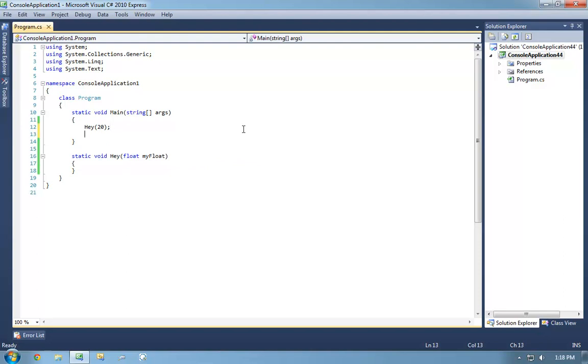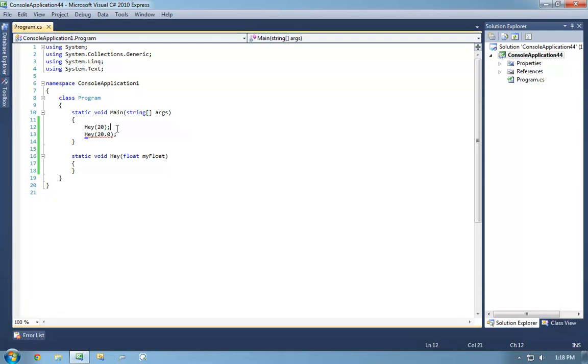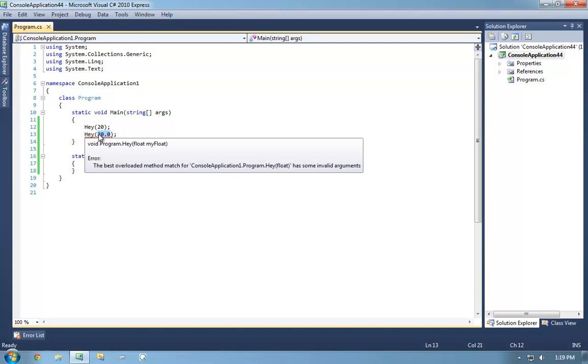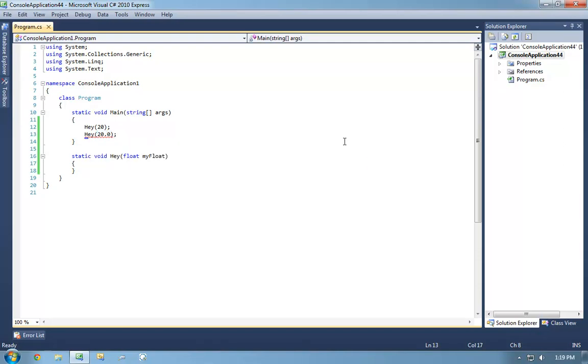Unlike if I were to have done this, which is going to cause a problem, because there is no implicit conversion from a double to a float, like we've already talked about. In the case between a double and a float, however, there is an explicit conversion. I may do this by doing a cast. So line 12 is an example of implicit conversions, line 13 is an example of explicit conversions.